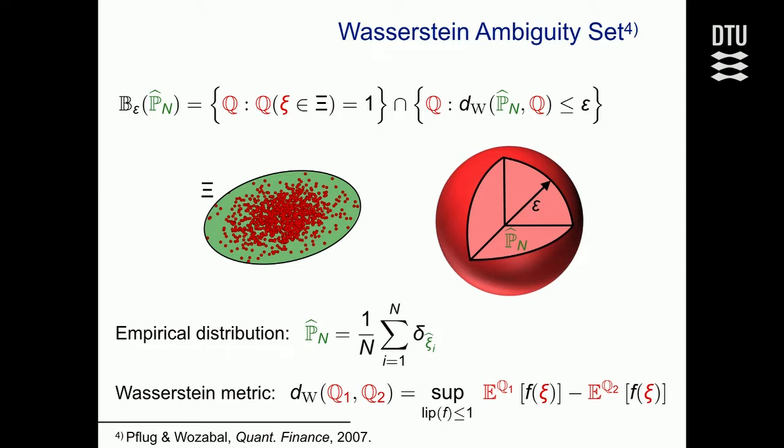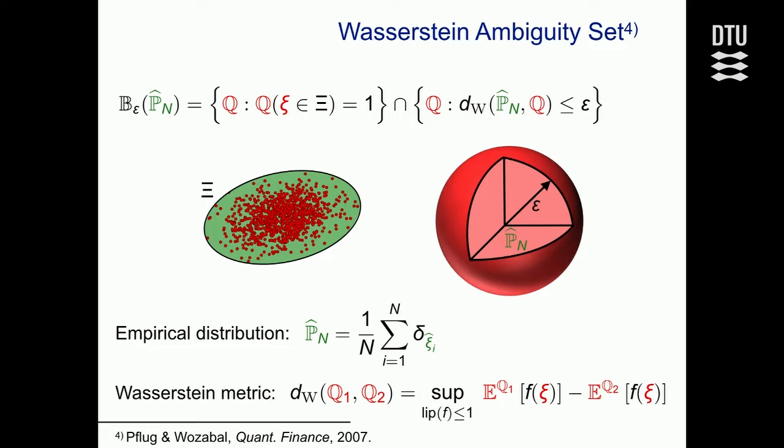It's not at all clear how you would do that. And what I'm proposing here is to use the so-called Wasserstein distance for distributions. So here is a definition of the Wasserstein metric, or Wasserstein distance, between two distributions, Q1 and Q2. This distance is defined as the solution of an optimization problem over some test functions f. These functions f have a Lipschitz constant smaller or equal to 1. What does it mean? It means that the slope of this function is always between +1 and -1. It cannot be too steep, right? So these are functions that are not too steep.